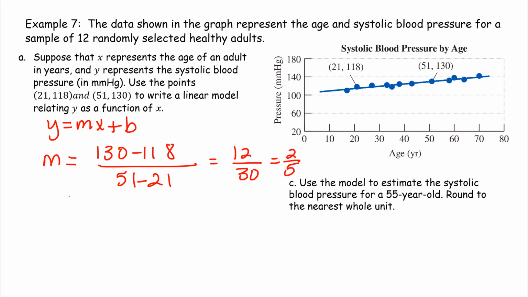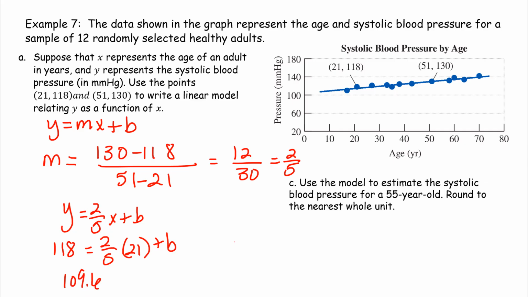So 2/5, y equals 2/5 x plus b, and now we can plug in a point. I'll plug in that first one, so 118 for y, and then 2/5 times 21 plus b. So we can just say 118 minus 2/5 times 21, and that's about